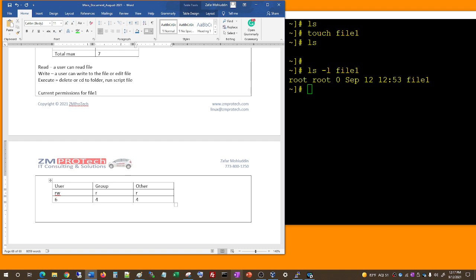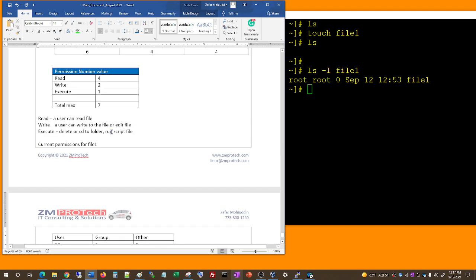Okay, so a doubt might be a thing. Why doesn't the owner have the right to read, write, and execute all at the same time? I told you this: it could be a security risk if the file is a script. If you notice, later on we'll run scripts. Scripts will automatically, once executed, run a lot of commands without asking again. That's the good thing about scripts. At the same time, if you have harmful code inside the script, then it could do a lot of damage. So to prevent